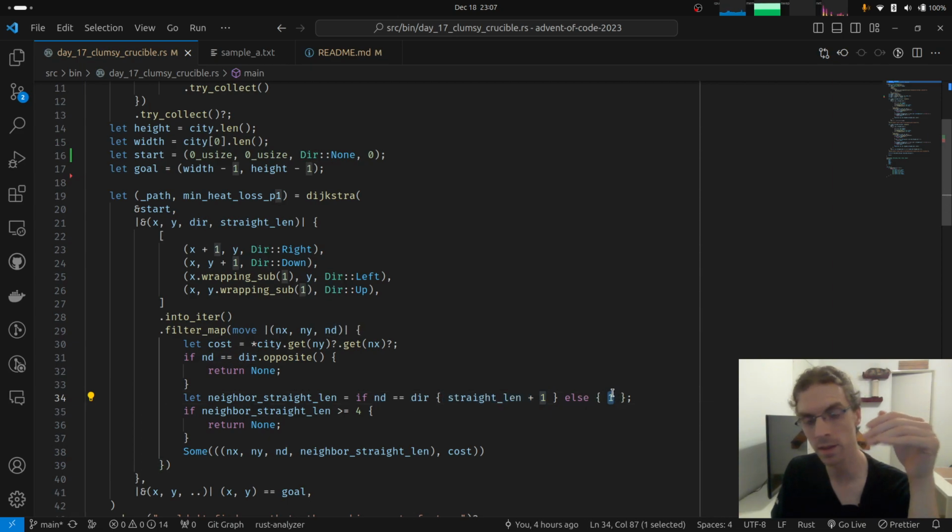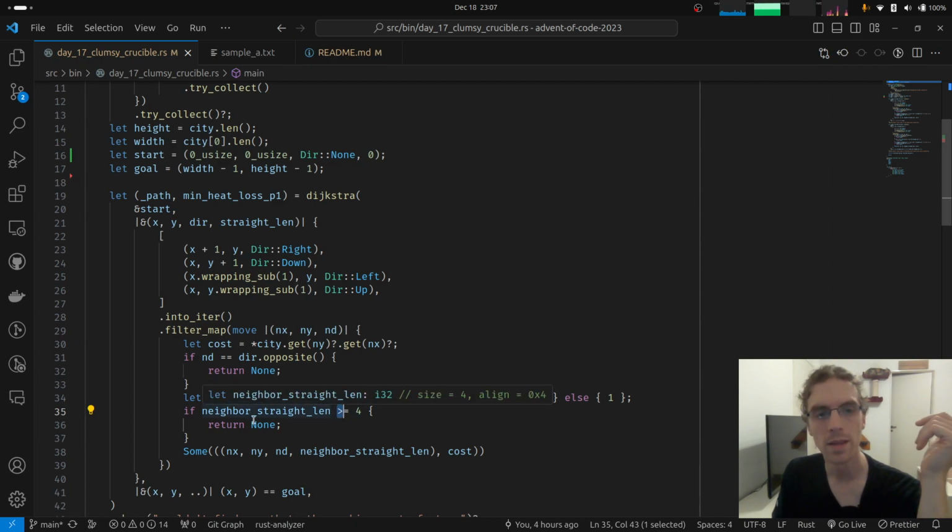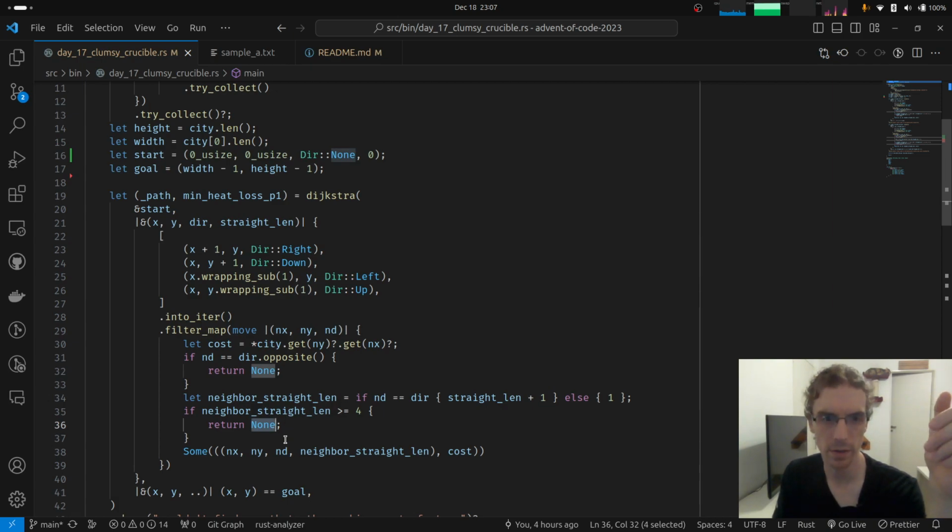Otherwise it means that we are turning to the left or to the right, so we start at 1 again. And here's the condition. Basically, if it is equal or more than 4, I guess the greater than is unnecessary here, but okay, if it's already 4, then we don't consider this neighbor, so we cannot keep going straight in the same direction.